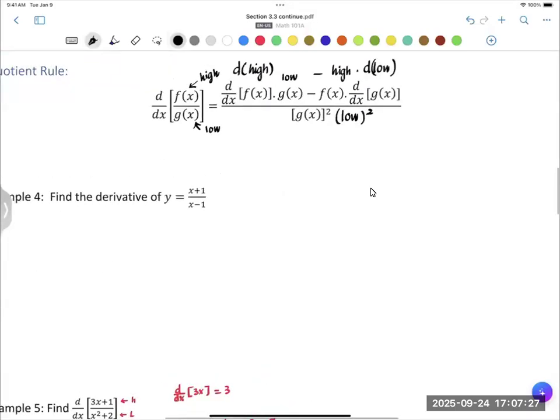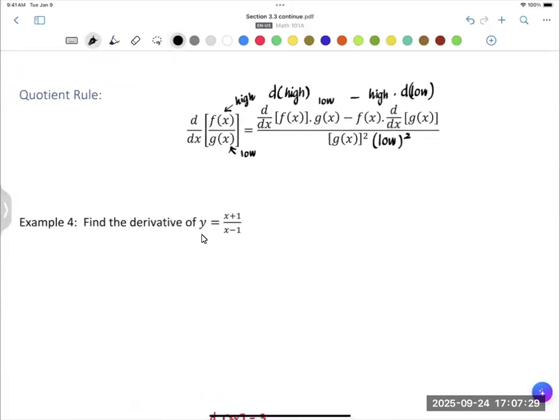So let's try to use the quotient rule for finding the derivative of this function. I want to find y prime. Finding the derivative means y prime. So y prime is going to equal, if I call this high and this low, then I'm going to have low, which is x minus 1, times d high, which is x plus 1,